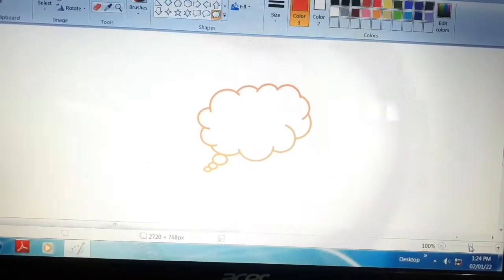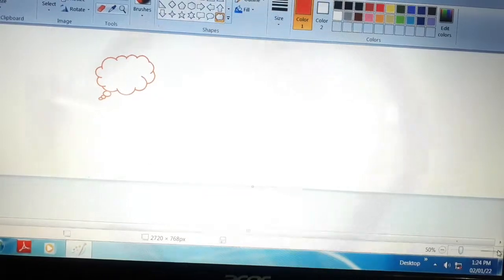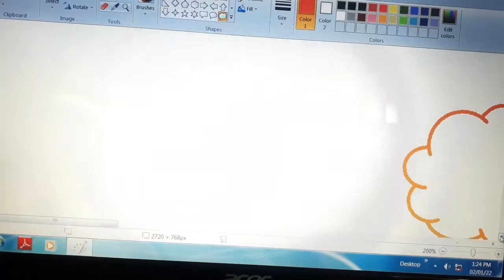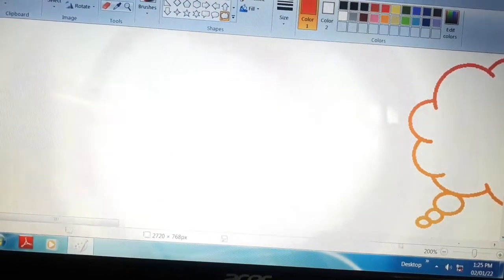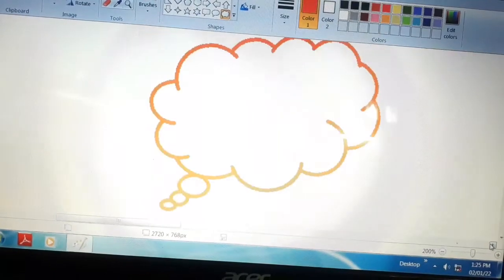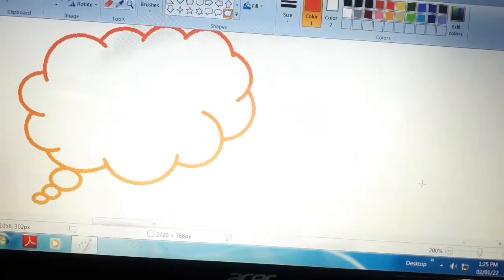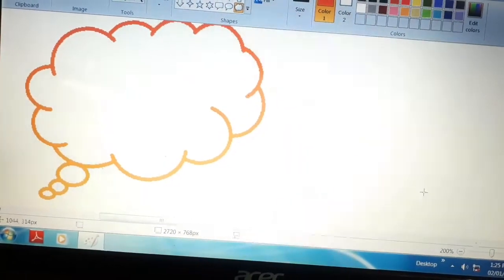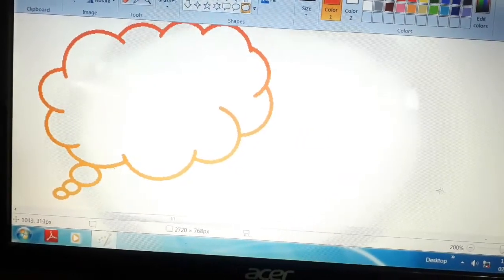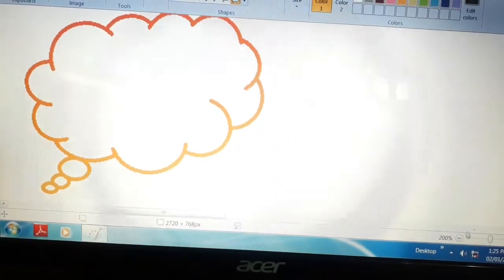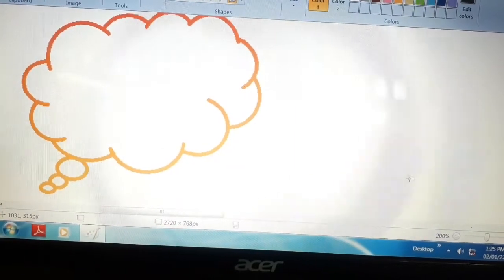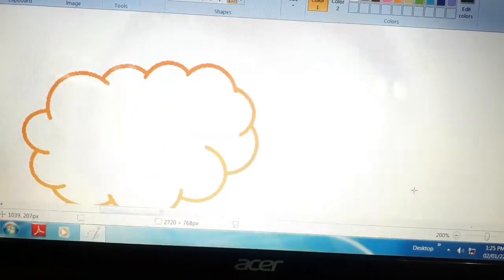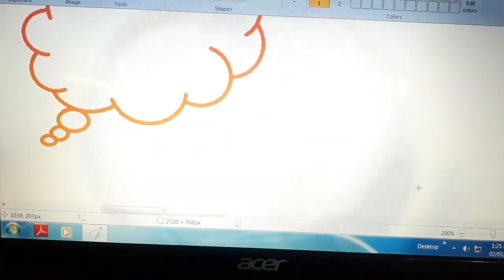Now when you increase it, meaning when you click on this plus sign, you will find that the size of the image has been increased. Look, the object, the image here, its size has been increased. So zooming a picture means to increase or decrease the view size of the object on the screen in any ratio. Now look here, what is the ratio? 200. So you can increase and decrease the view size of the object on the screen in any ratio. This is known as zooming.